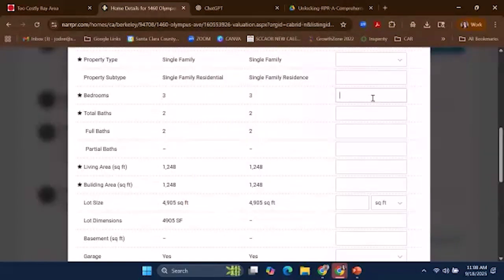He says we can put "not verified." Right, that, by the way, has no legal meaning. I just want you to know, it has no legal meaning. You can put in the MLS, where did